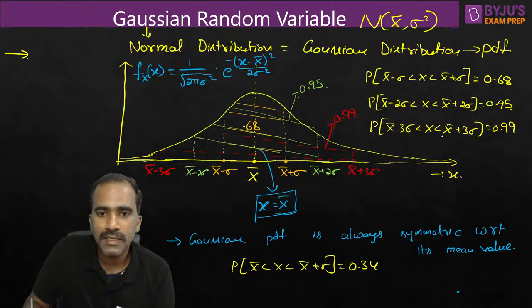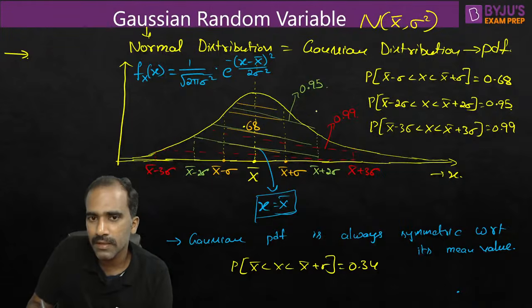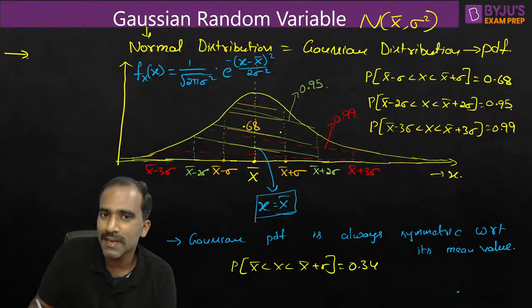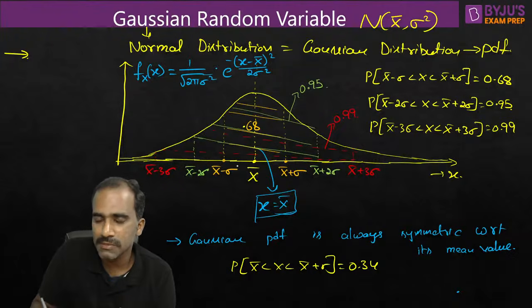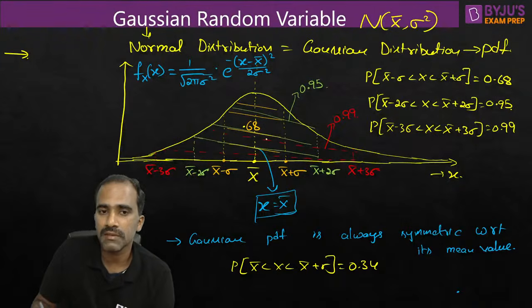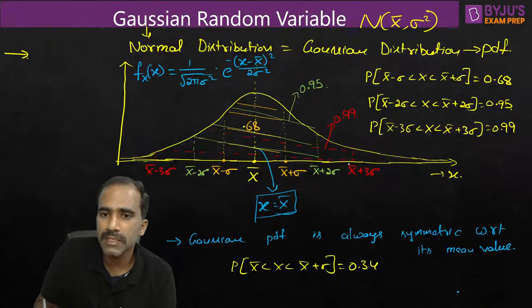Okay, fine. I hope it is clear till this point, whatever I've discussed. So I'm discussing the smaller important details about the Gaussian PDF. Not only the Gaussian PDF, any Gaussian curve has similar characteristics. From x bar minus sigma to x bar plus sigma, 68% of the area is covered. X bar minus 2 sigma to x bar plus 2 sigma, 95% of the total area is covered. And x bar minus 3 sigma to x bar plus 3 sigma, 99% of the total area of the Gaussian curve is covered.